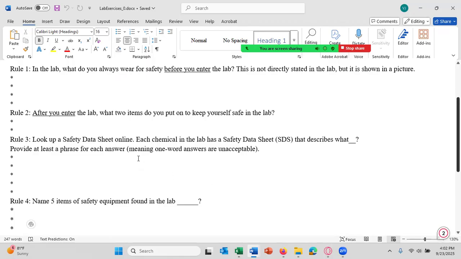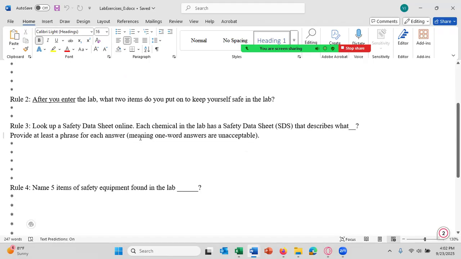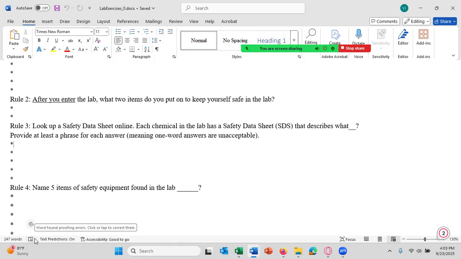You need to look up the safety data sheet online to see what it is. We have a lab safety data sheet for each chemical in the lab. Tell me what the safety data sheet describes. Provide at least a phrase for each answer, meaning a one-word answer is unacceptable. You should have an answer that would apply for every chemical. Don't put in something like, I don't know,